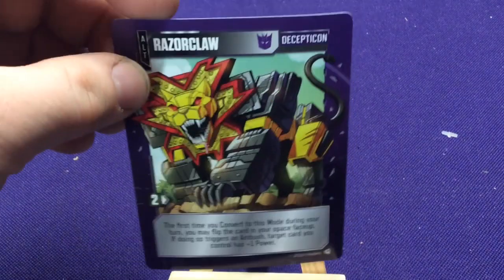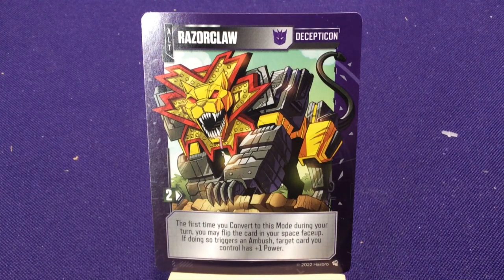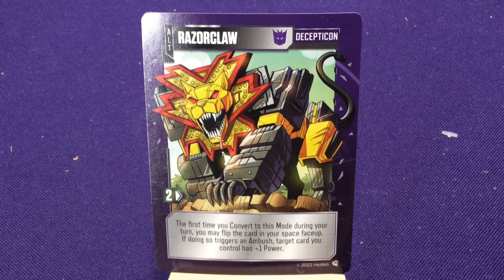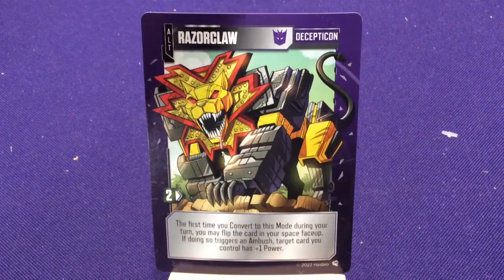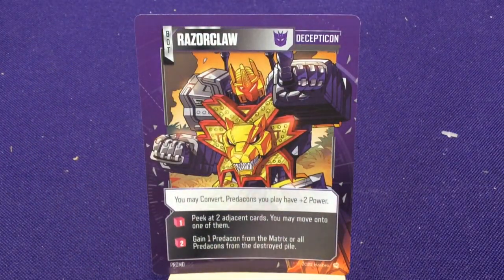Then we are going to get a Decepticon. We'll get Razor Claw. Cool, we get another animal. I'm not sure how he's drooling. Yeah, it's 2 movements. The first time you convert to this mode during your turn, you may flip the card in your space face up. If doing so triggers an ambush, target card you control has +1 power. And when we flip him, we will have...